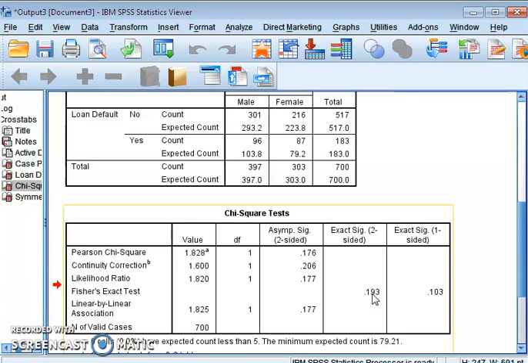In the next video we will be covering a situation of more than a 2 by 2 table. Thanks for watching. I hope this video will help you in your study and you will understand the concept of chi-square with the help of this video.